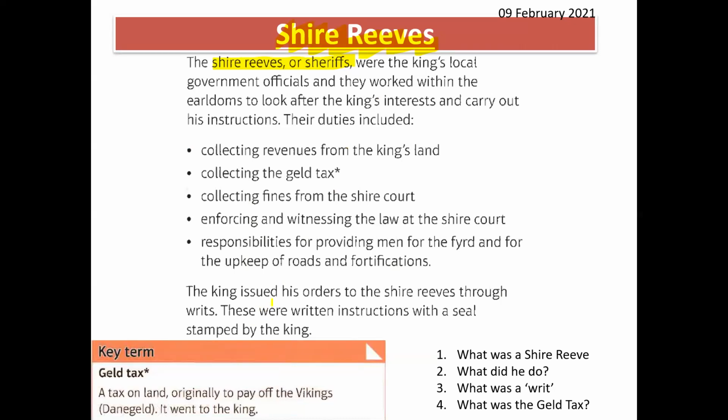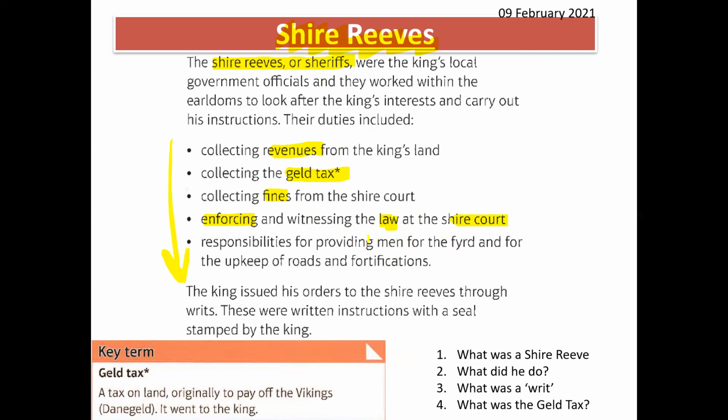The term sheriff, or to give it its proper term, Shire Reeve, was the king's man. And the sheriff was responsible for a variety of different things: collecting tax and revenues, the geld tax, fines, enforcing law at the Shire Court, and he was also making sure